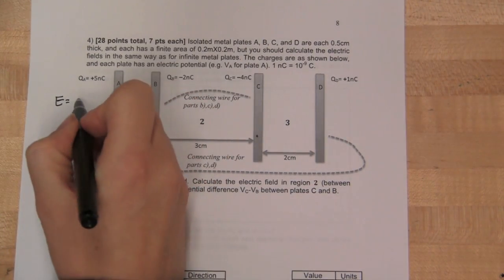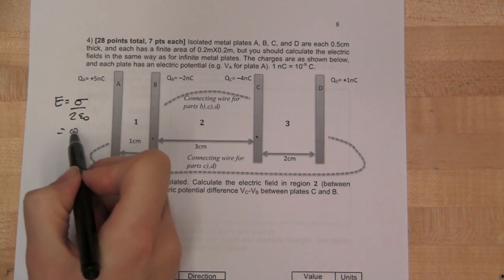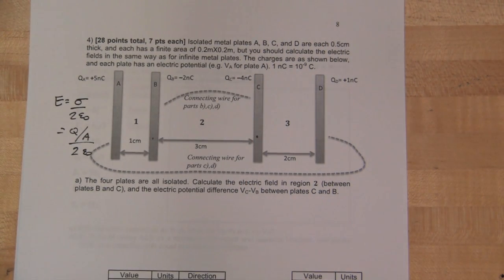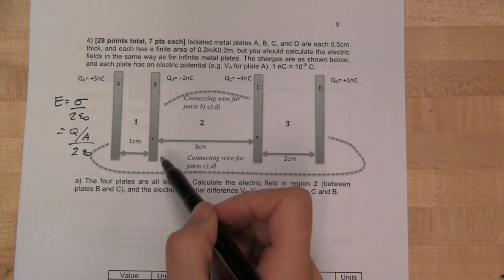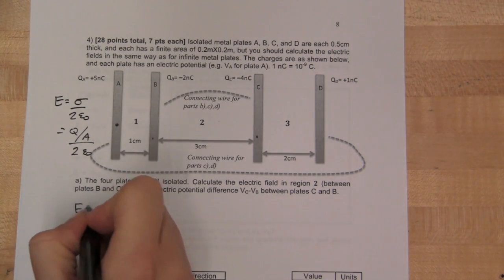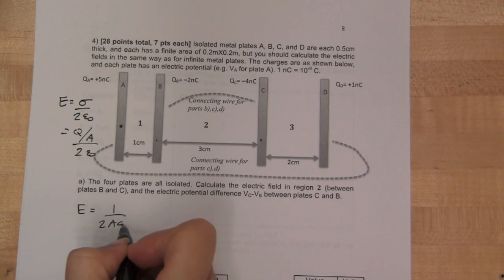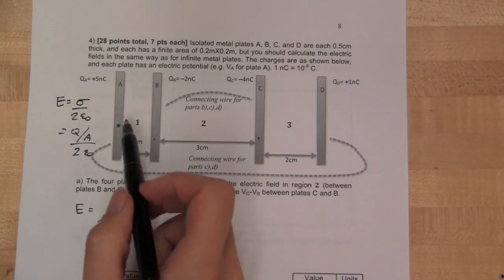The electric field due to each charged plate is sigma over 2 epsilon naught, or charge per area over 2 epsilon naught. And so the field in the center is going to be the fields due to each of these. So you have the field, let's add these up. Each of them has this 1 over 2A epsilon naught. So we can pull that out and then add up just the charges. So